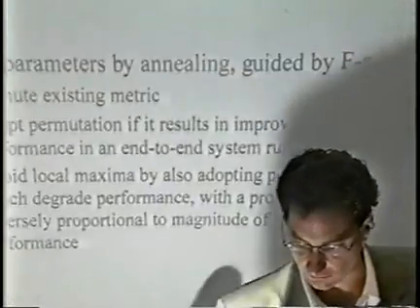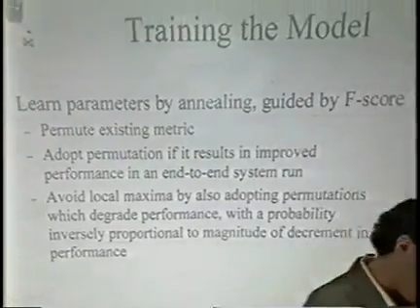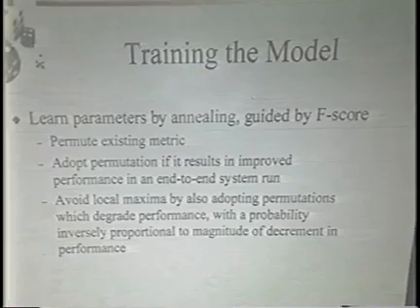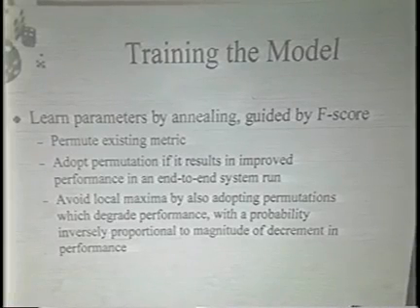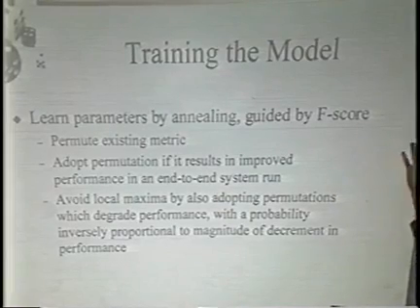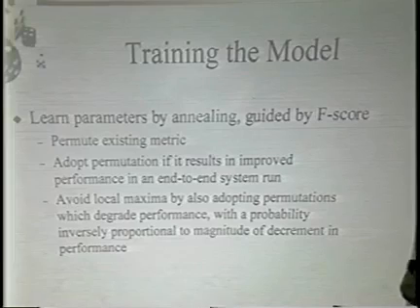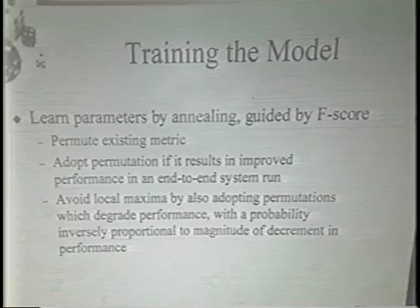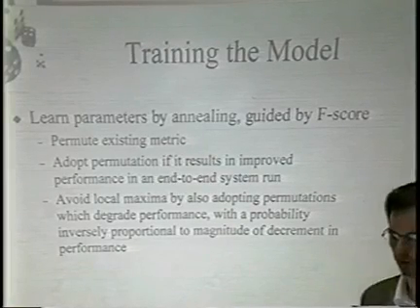So as I was saying, I had to take very general techniques. So I did a greedy search technique and an annealing search, where you simply would permute the existing similarity metric and then run the system end to end. If it improved your performance, you kept the new metric. And if it hurt your performance, if you're doing a greedy search, then you would throw it out and go back to your old metric. And if you were doing an annealing search, you would still accept the new solution with some probability that's inversely proportional to the decrement of performance that you got, so that it's just a way of staying out of local maximum.